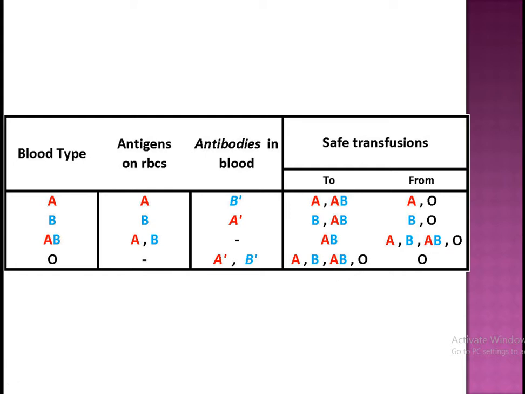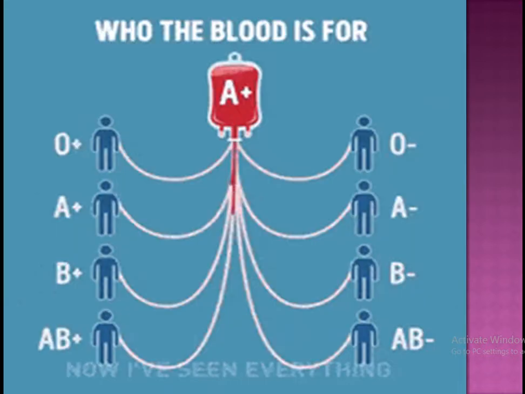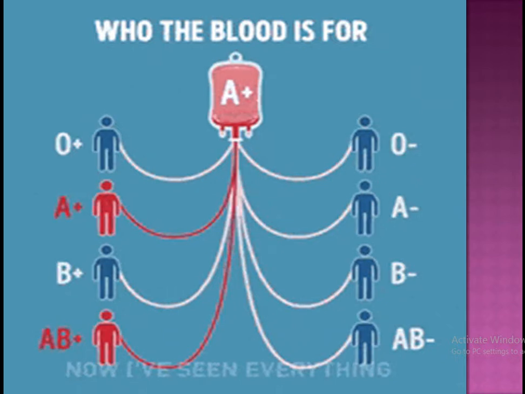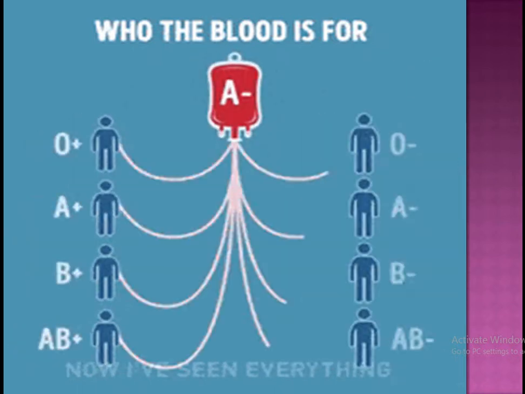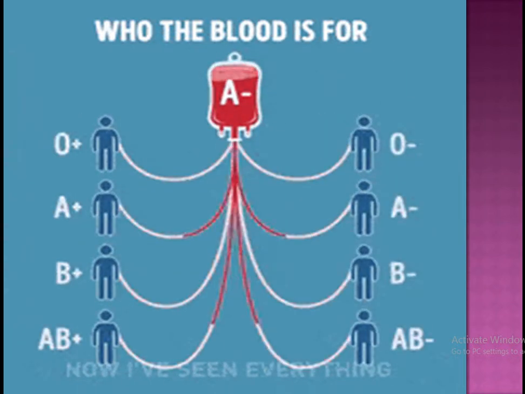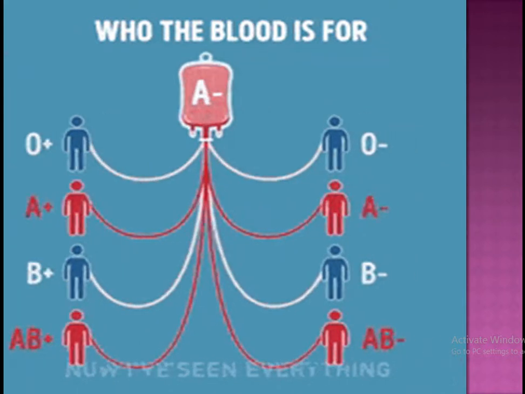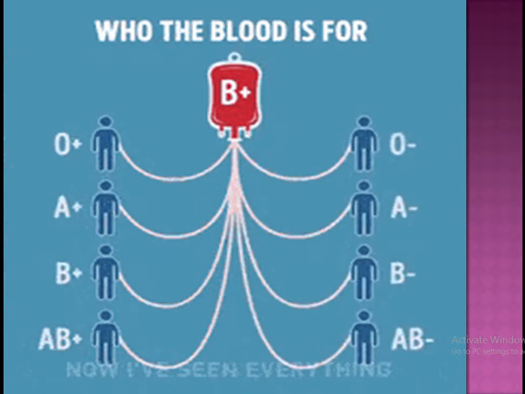So before transfusion, you must check the blood group of the patient, of the donor and also the recipient, and then transfuse accordingly. This is a very nice animation to show who the blood is for: A positive and A negative, B positive and B negative,